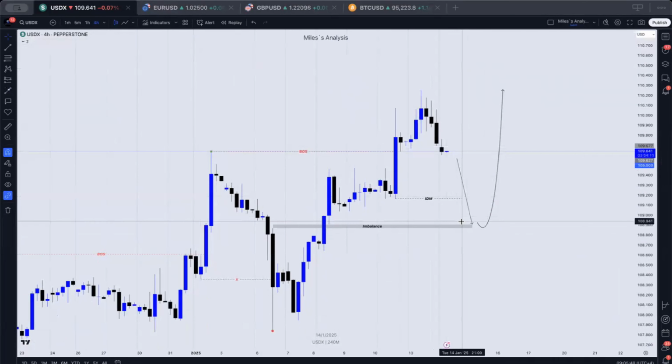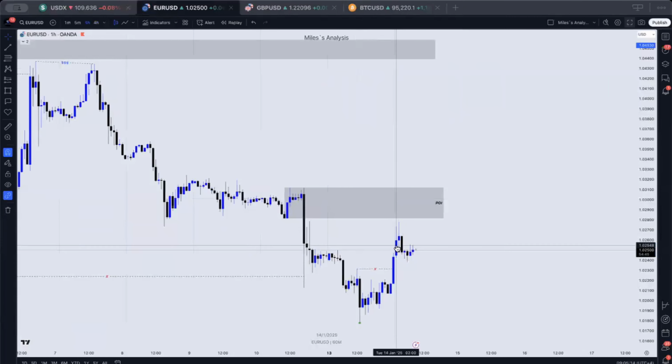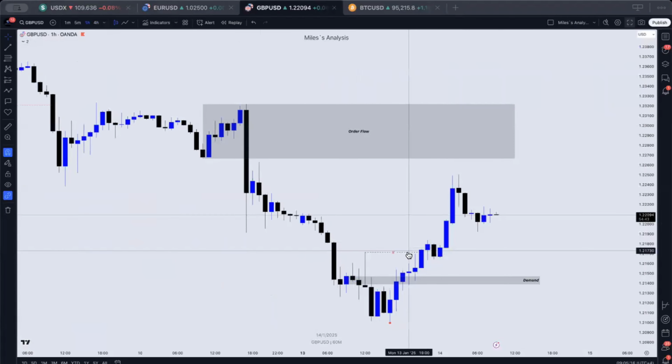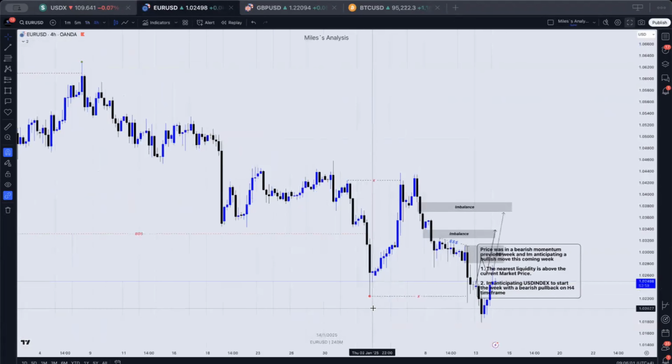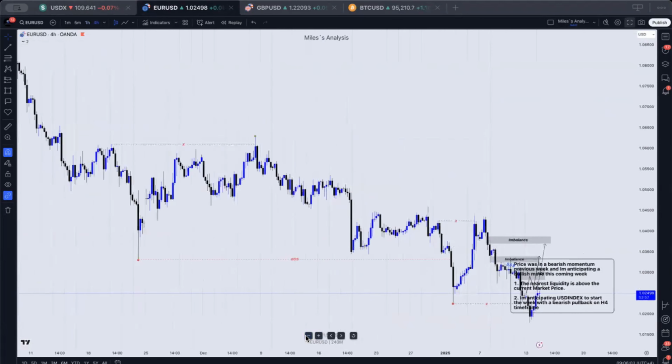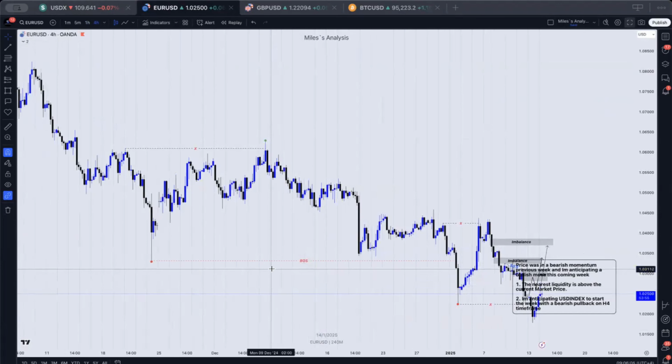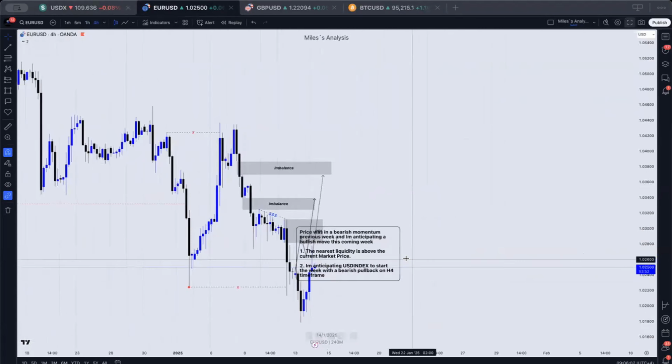So if the index is going down, like I said, the euro dollar will be going up and GBP will be going up as well, right? So now that you know what's happening with the US dollar index, I will go to the Euro USD analysis. So as you can see here, price is in a bearish momentum, breakout structure, and then here price failed